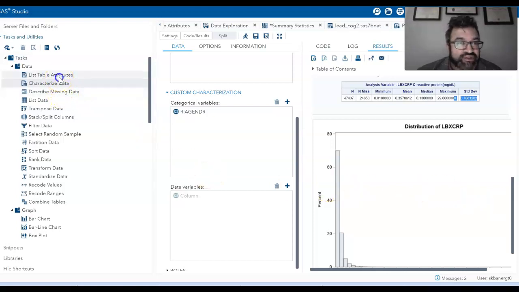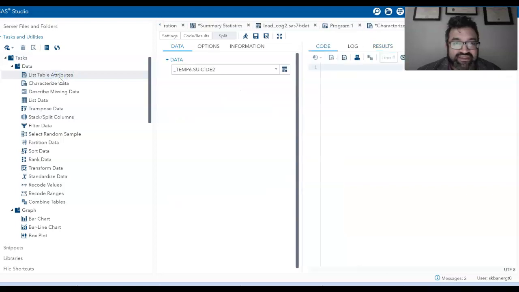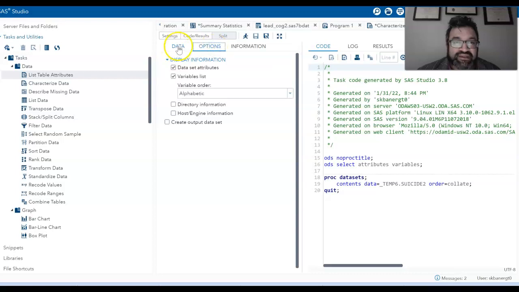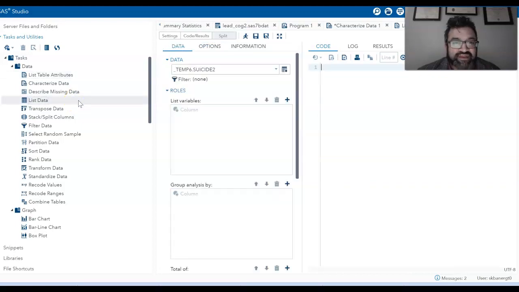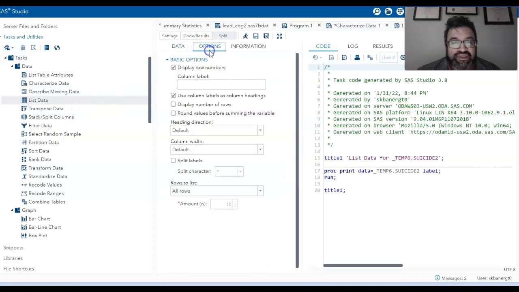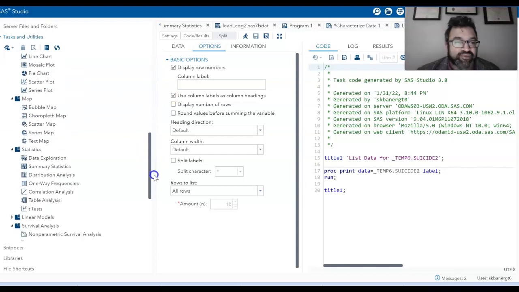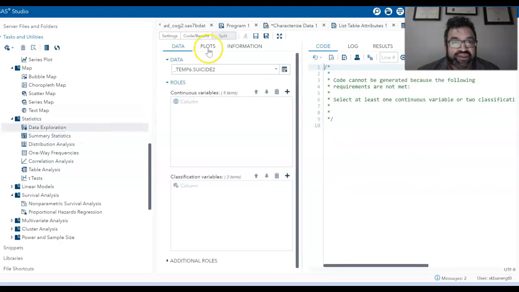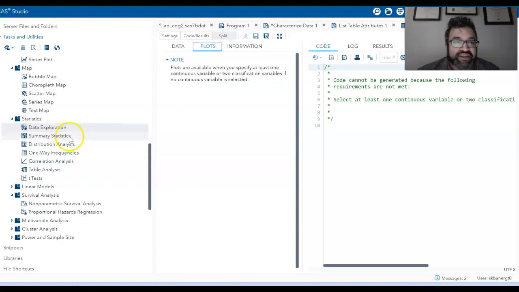Let's also look for other ways that we can understand this data. So we can look at C-reactive protein now and take a look at the list data attributes. And then we can also look at list data. And under list data, you can also look for various ways that you can have output. But the best way, which I'll show now, is looking at some of these data exploration